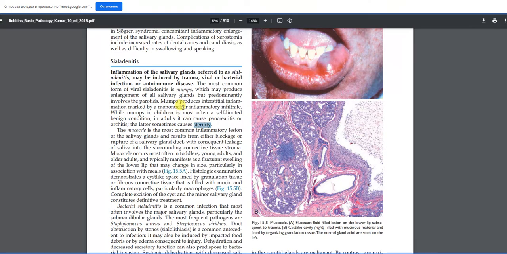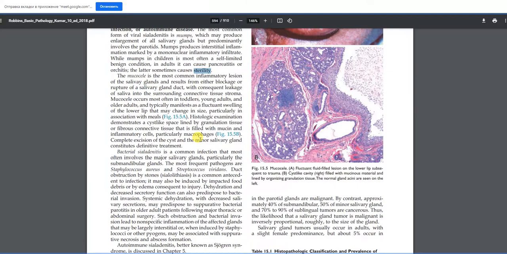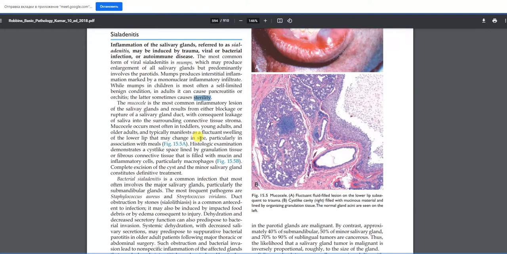Not, of course, but they are very commonly. It's one of the complications due to mumps. Mucocele is the most common inflammatory lesion of salivary glands. Mucocele is the inflammation of the salivary gland duct. So its inflammation causes the obstruction of the salivary gland, and it leads to dilation of ducts in